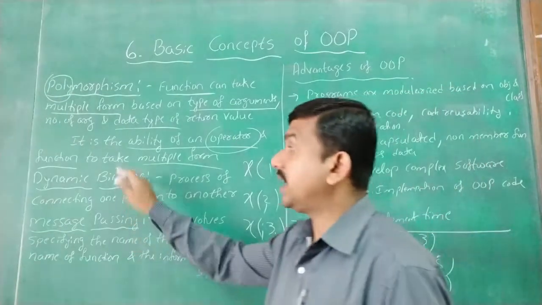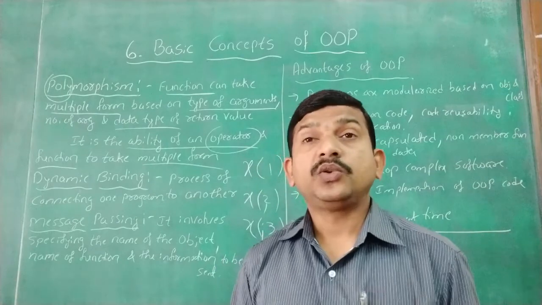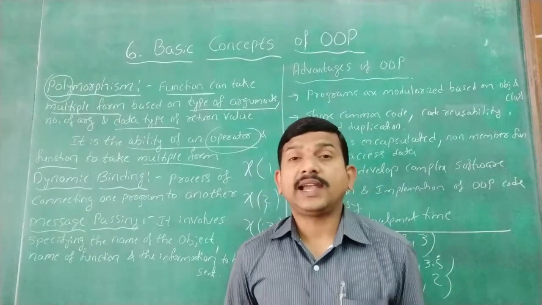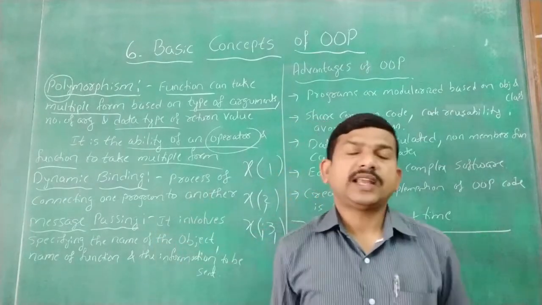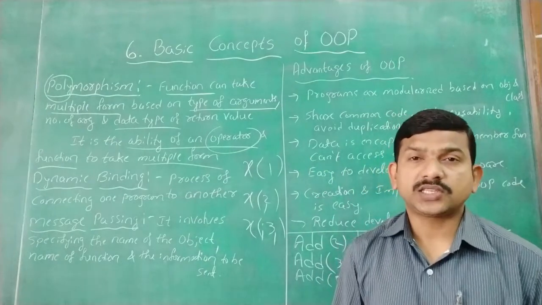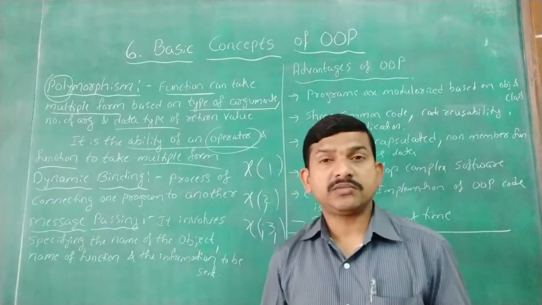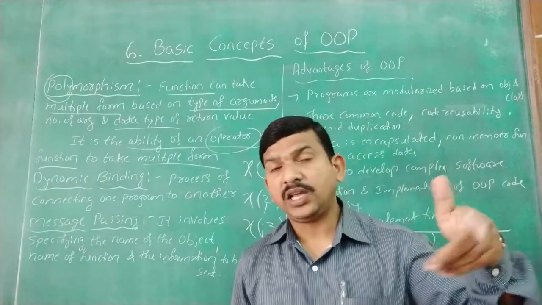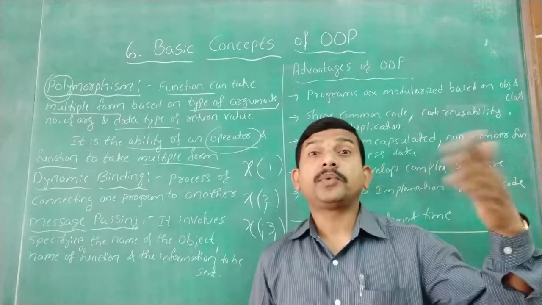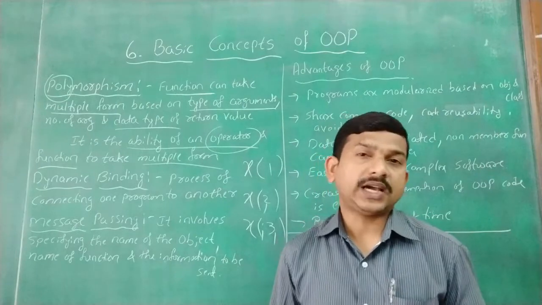So what is this dynamic binding? Dynamic. What is the dynamic? We already heard the word static as well as dynamic. Static means what? Normally fixed. Dynamic means at the run time. The static memory allocation, dynamic memory allocation we say. So static memory allocation means at the time of compilation only we are reserving. Dynamic means at the running program. When the program is running, that time allocating is dynamic allocation we say.